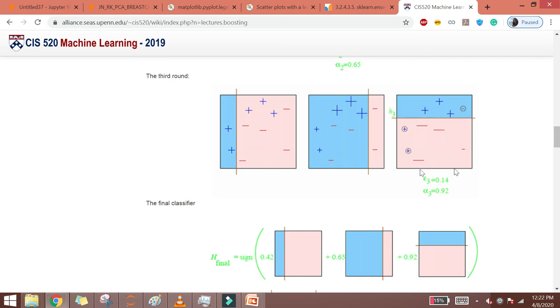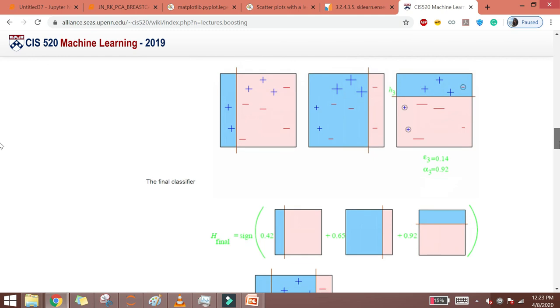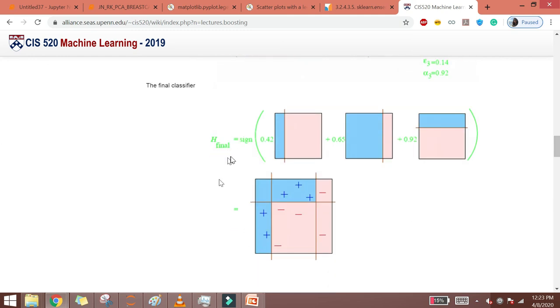But in H3 we saw that there were 2 positive points that were misclassified in the red region, and there was 1 negative point that was classified erroneously in the blue region. So what the final classifier does is add the 3 functions to find the final model function, that is our H, as shown in this diagram, which is equal to